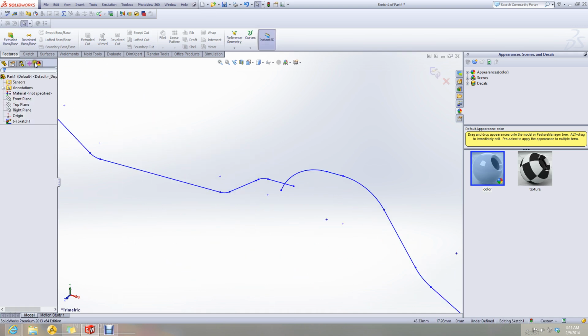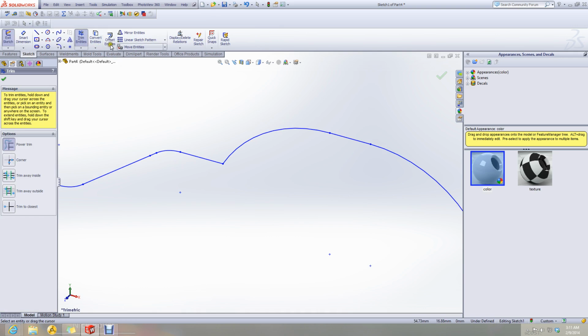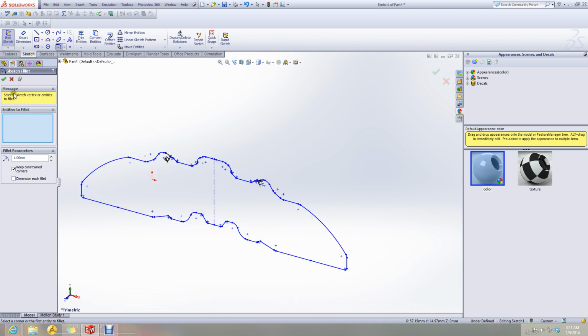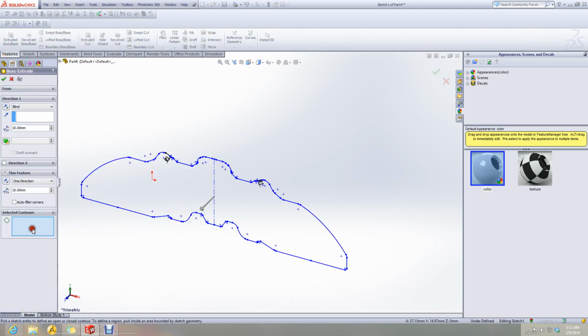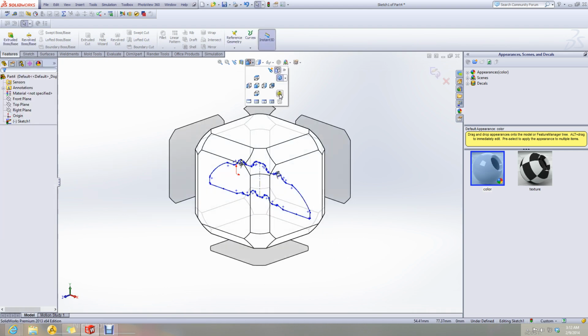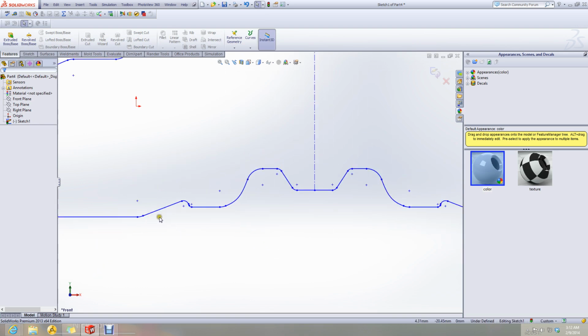Okay, I have to do that from this side as well. Use the fillet command. This is done. Let's attempt to extrude it again. Okay, there might be some gaps still left. Let's analyze it.